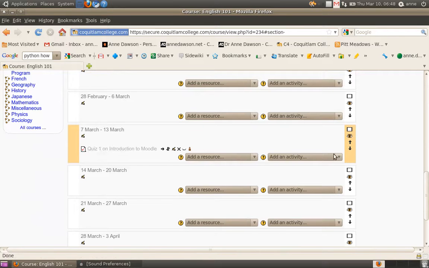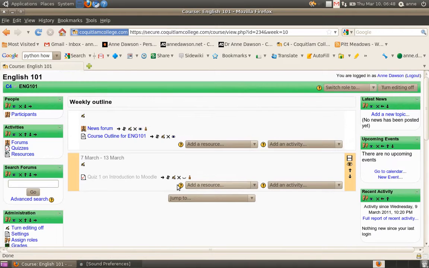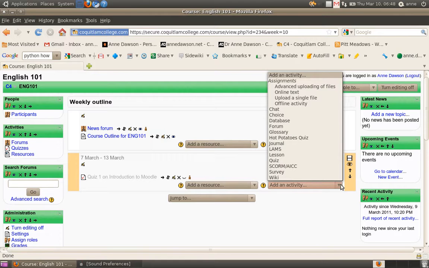So now I'm going to focus on week 10. So let's just click on this. This will show only week 10. And now I don't need to make any changes to the quiz. That's all set up. But what I do need is assignment number 1. So an assignment is an activity. And an activity is something that the student does. Let's have a look. And we have lots of different sorts of activities. You could have a quiz, a lesson, a forum, a chat. The assignments